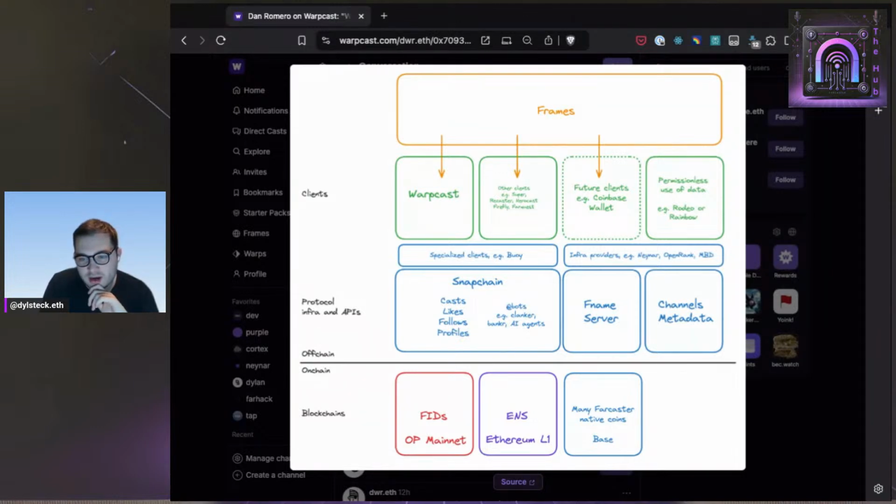I would maybe even put channels metadata a level up, but I'll put that in the comments. Just because when I'm thinking of that lower level with Snapchain and fname server, I'm thinking, what are the low level things to keep the data alive and operating? And channels metadata doesn't necessarily need to keep it operating if that's already on Snapchain. I would assume that maybe channels metadata is some sort of indexing that they're doing for casts and stuff like that. But I'm not really trying to nitpick.